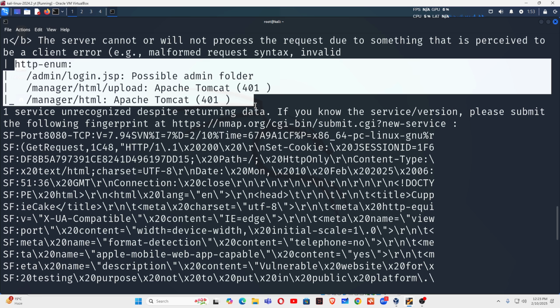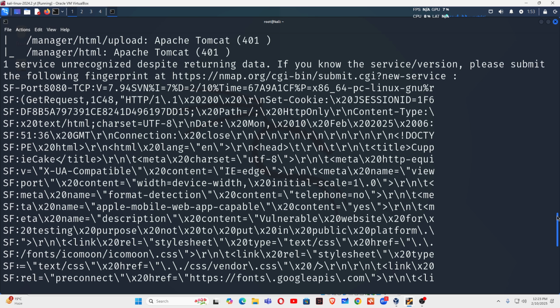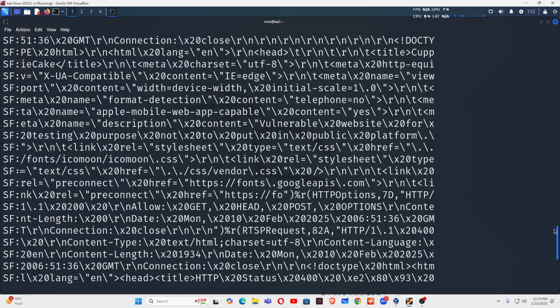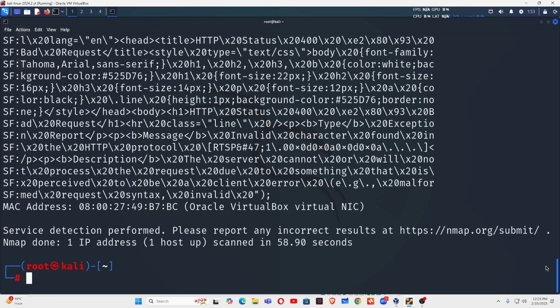So it means a possible admin folder. It is possible that hackers can go to the admin folder, and you can get more information here if you read it clearly. The hackers get the information according to what they want from this, like headers and all this information. Like what this website is working on, what this website is all about. Like HTTP request status, whether a login page is available or not, whatever information you want you can take according to your choice.